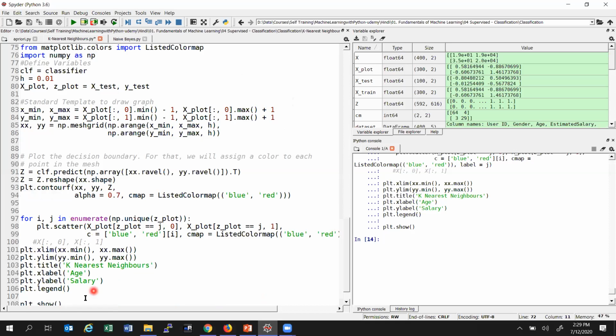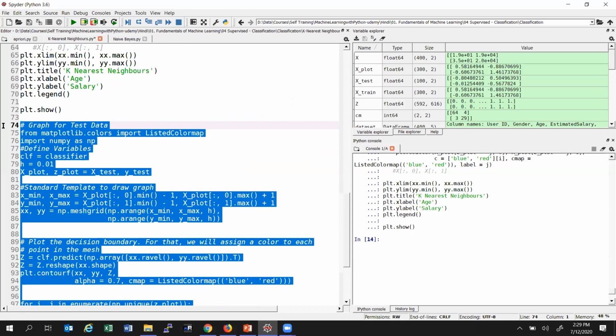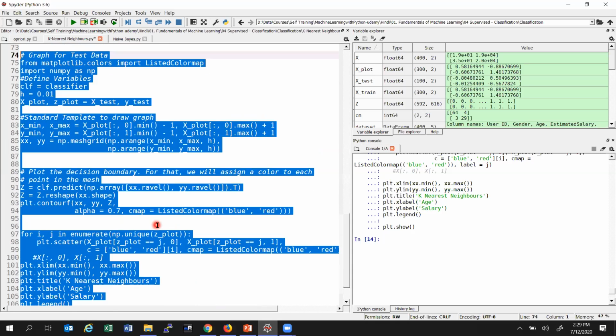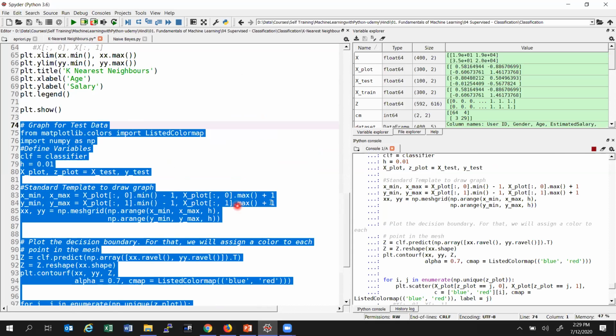So we'll run this once for the test data. This is for test data. At line number 80, you can see I am assigning X test and Y test. Y test is nothing but your actual result, and somewhere here I have put the predicted result also. Yes, this is the predicted one. So now if I execute this.